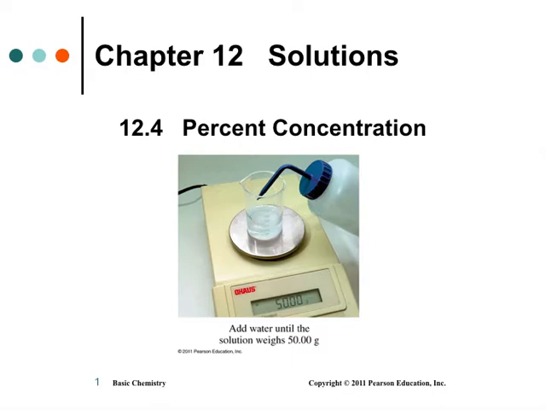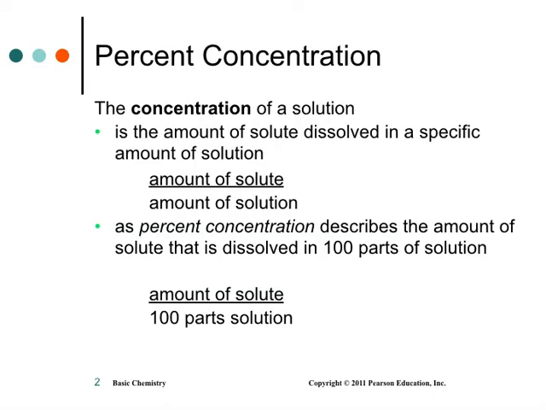So let's get started. A percent concentration is based upon 100 of something. If something is percentage, it's out of 100. So normally this is either an amount of weight or an amount of volume out of 100 of that same amount. So either it's out of 100 grams if it's a weight, or 100 milliliters, say, if it's a volume.